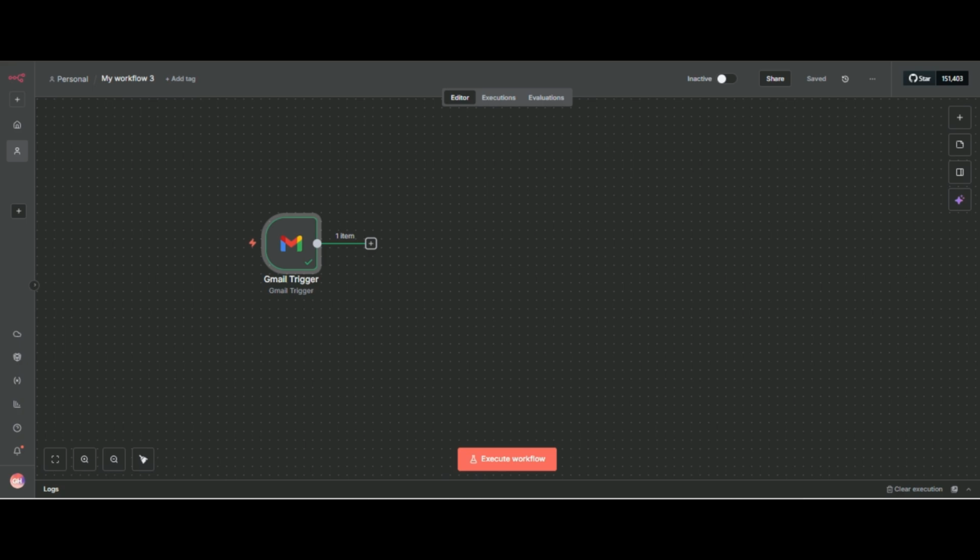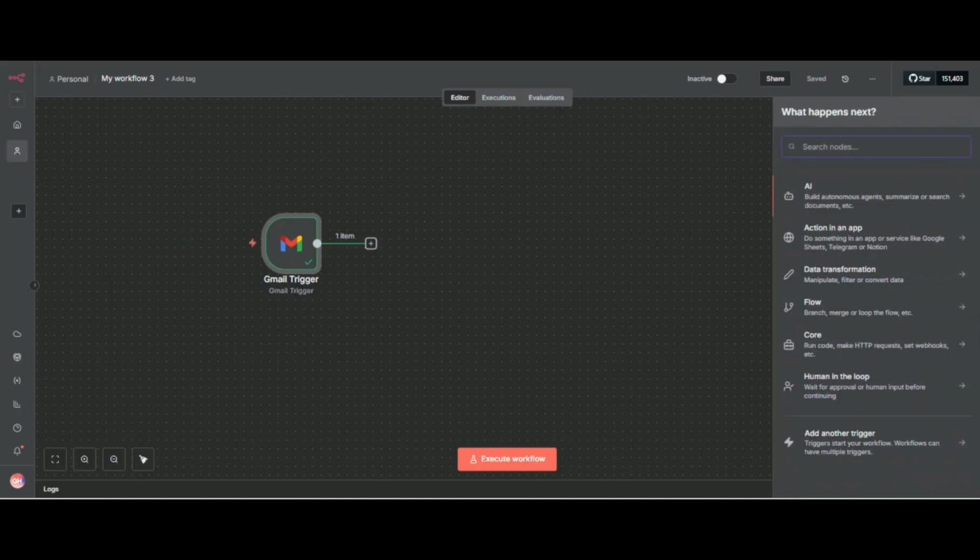Now we have to generate the response that our agent will send to the user as a reply. So I will add the AI agent node.